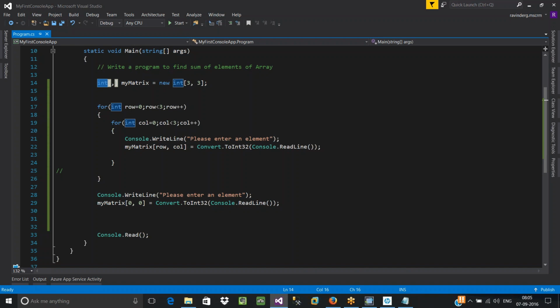So as I said, in a real-time environment, when you talk about data, especially relational databases like SQL Server, Oracle, MySQL, data will be stored in the form of a 2D array, in the sense of rows and columns format. Always in the backend, data will be stored in the form of tables. A table will have a collection of rows and columns, which is nothing but our 2D array.